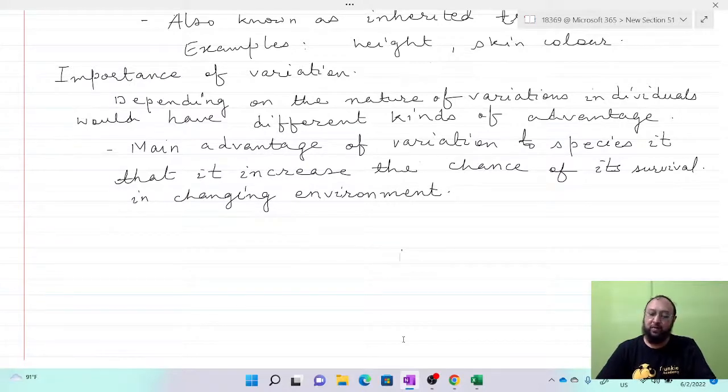Okay, so before we go to those experiments, there are some important points we should know: what is phenotype, what is genotype, what is a gene. Maybe you have heard the terms, but you may not know exactly what the definitions are. When you are studying any topic, you should also know how to define it.